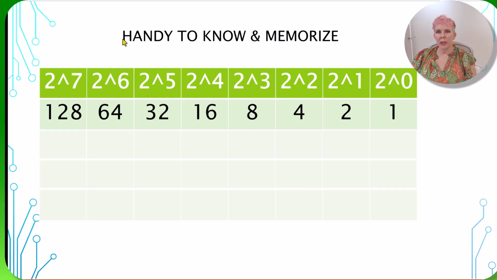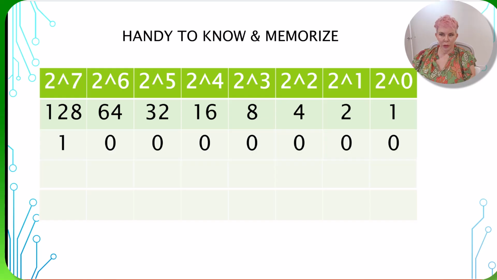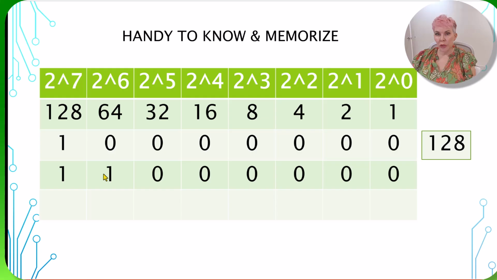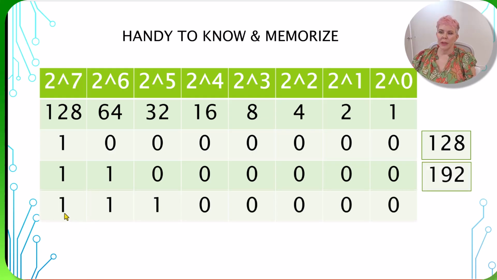Here are some other ones that are handy, and I would recommend you memorize them. After you've gotten good at the first easy patterns, the 240, 80, 10, 15, look at starting to memorize these. When the first one is turned on, that's 128. If I have the first 2 turned on, that's 192. And then if I have the first 3 turned on, that's 224. Imagine if you see 1, 1, 0, 0, and then an easy pattern of 1, 0, 1, 0. That means I'm adding 192 and 10 to get 202.